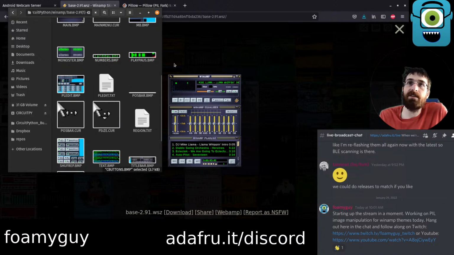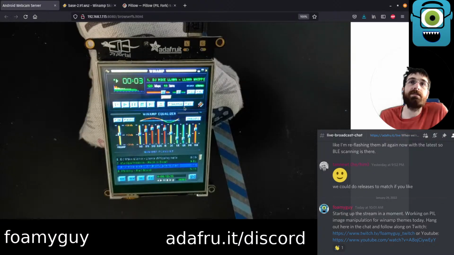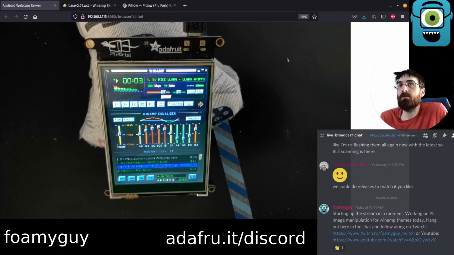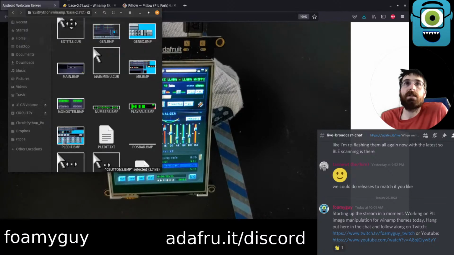But one of the things that I noticed is we have a bit of a sizing problem. The PyPortal is 320 by 240. So 320 long ways, which we normally think of as width on the PyPortal. That's the default orientation, happens to be landscape. So 320 long ways, and then 240 the short ways. But these themes are a little bit different, it turns out. So let's look at